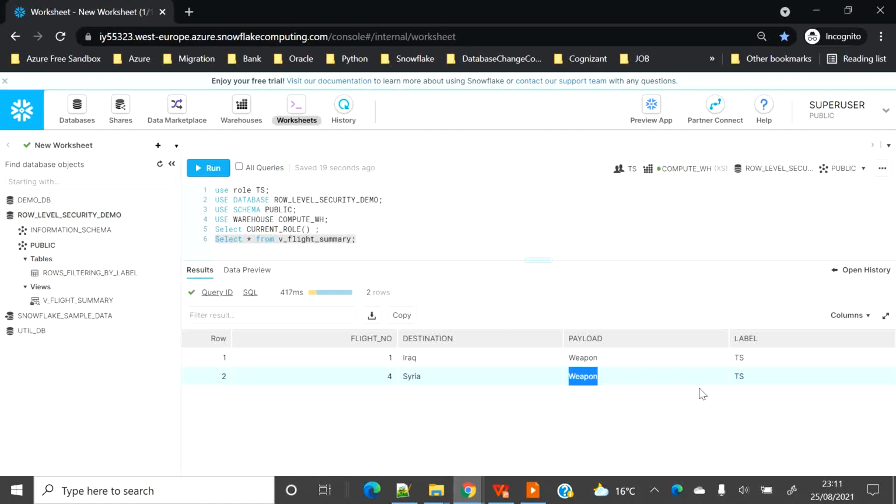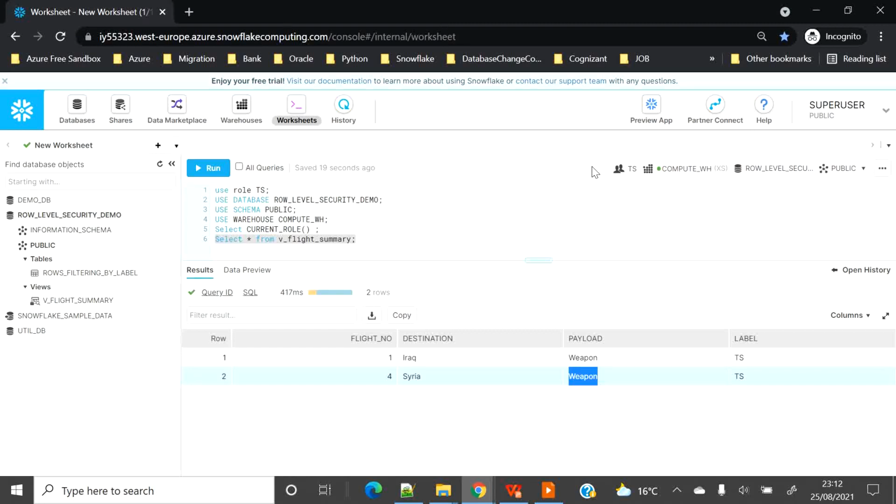So you might want to see all the data which you are allowed based on all the roles on the user ID, not on the role but on the user ID. You want to see what all roles are assigned to me. Suppose as per our initial setup, I have assigned the TS and UC roles both to the super user, right?